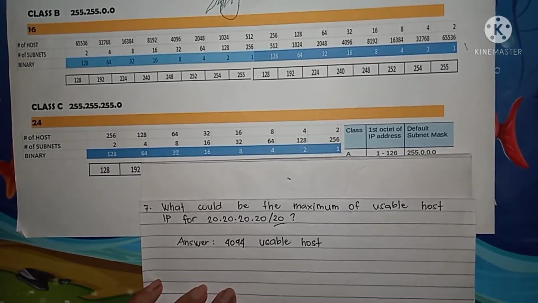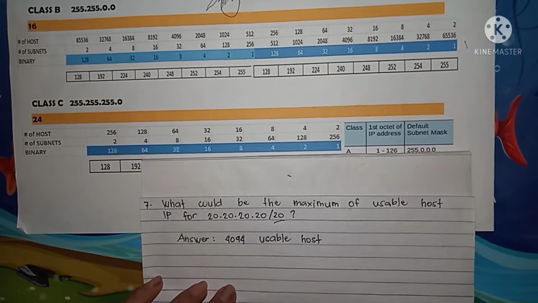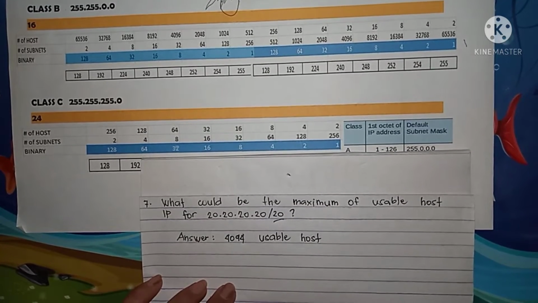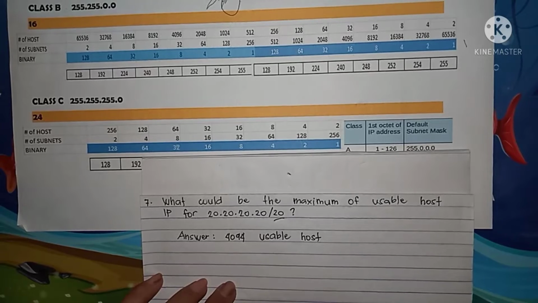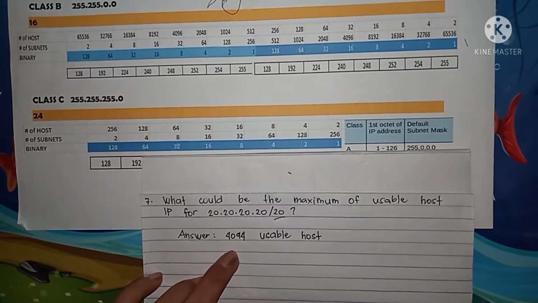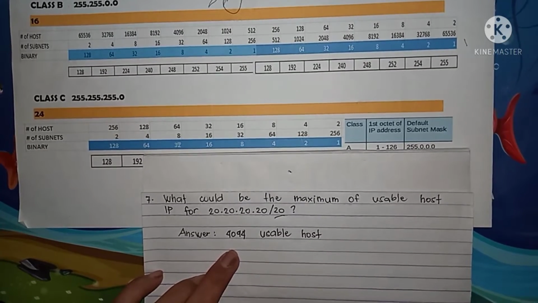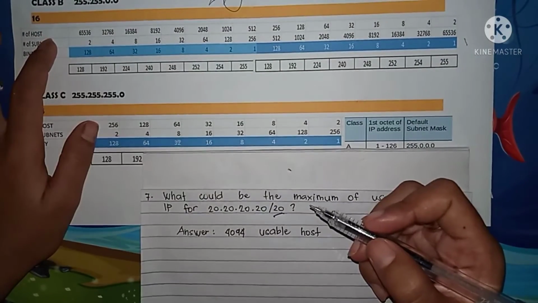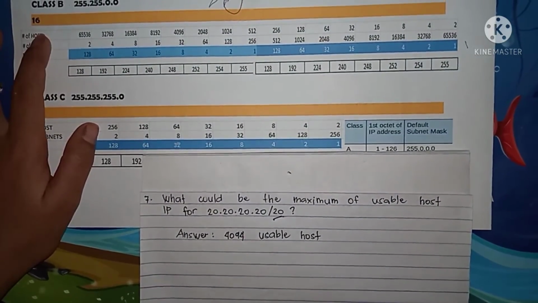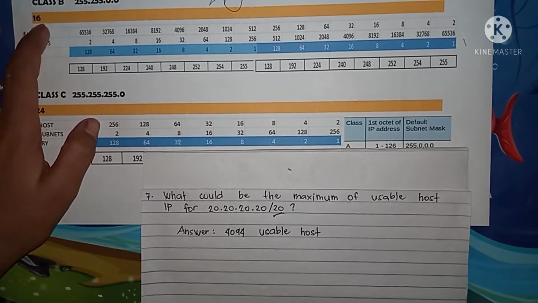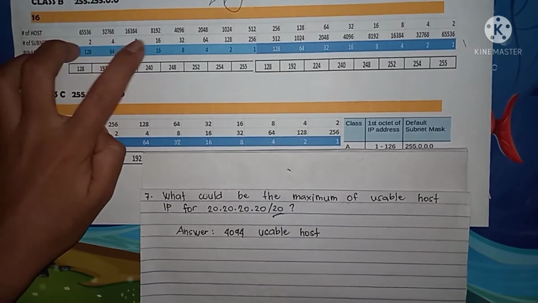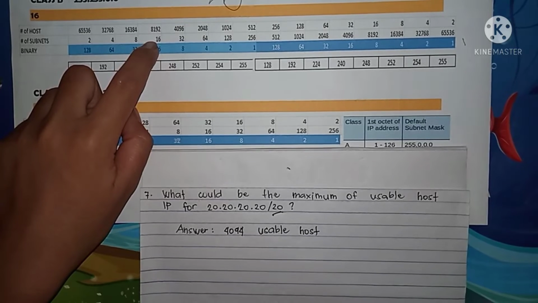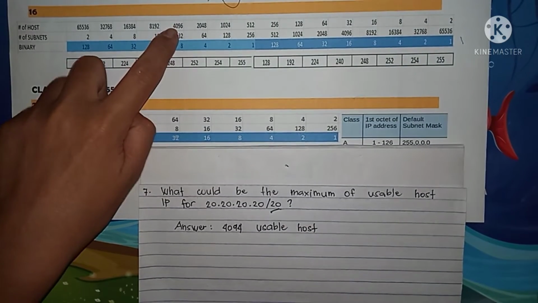What could be the maximum of usable host IPs for 20.20.20.20/20? So the answer is 4094 usable hosts. So we're going to locate 20 in the table. So 20 belongs to class B. So let's start counting here from 16, 17, 18, 19, 20. So the number of hosts here is